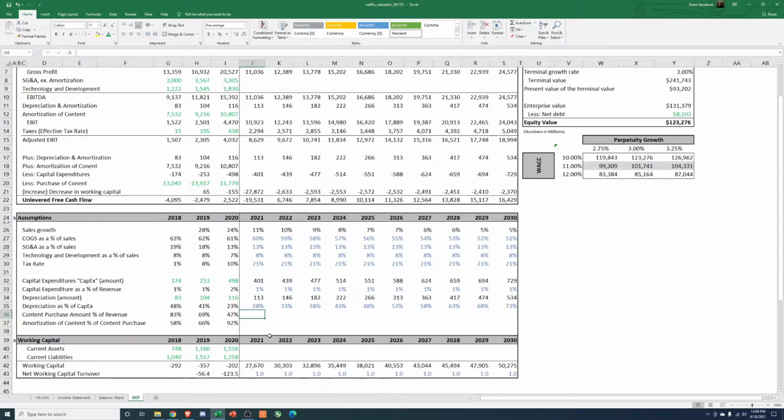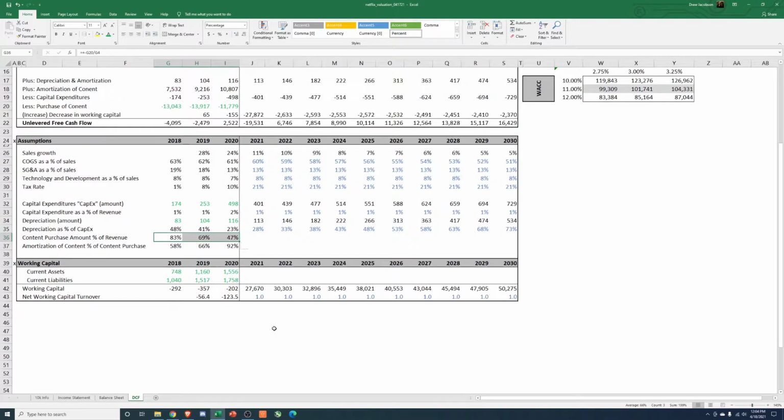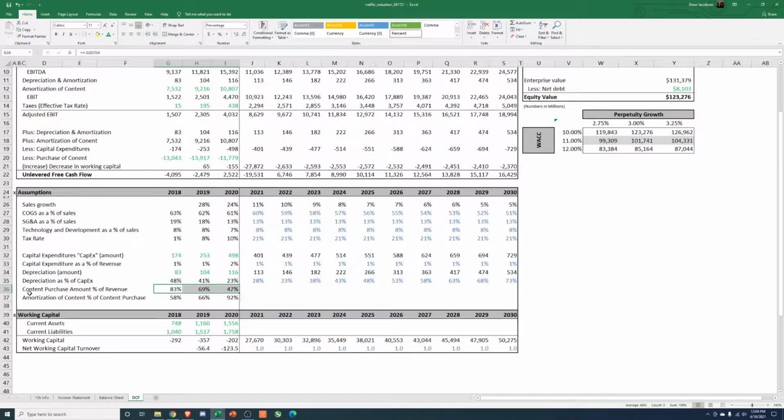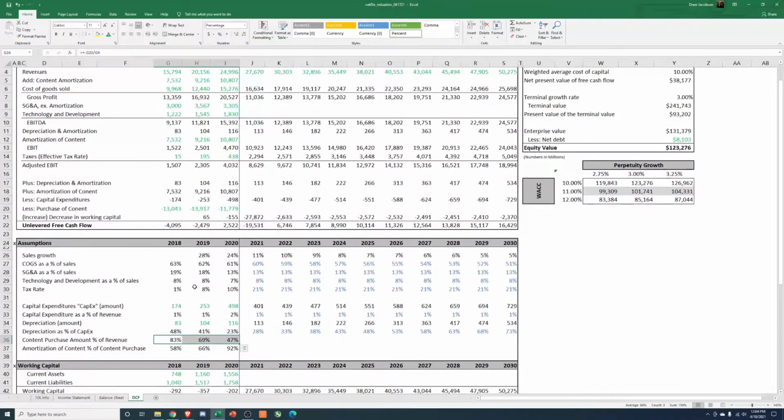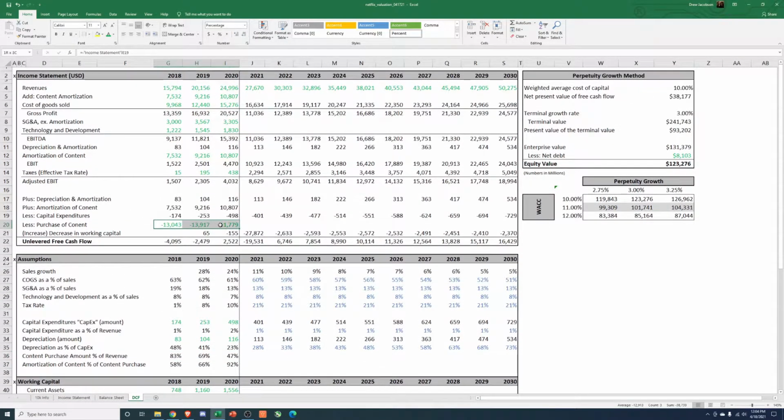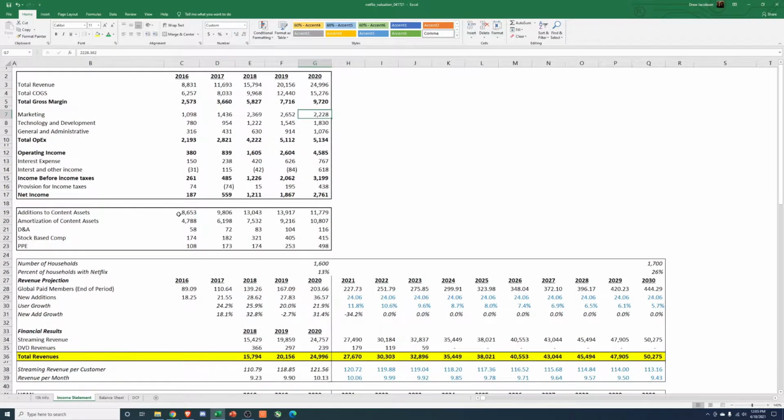And then content purchases as a percent of revenue. So this is a hard part. And I think you could do a whole analysis on this piece of the business, right? How much content are they going to have to continue to purchase every year to continue revenue growth? They've been purchasing 11 and a half to 14 billion. And I don't know how that scales. Did I pull the numbers historically? Right, 8.6 billion, 9.8, 13, 14, 12. So that's averaging 11.5 over the last 5 years.